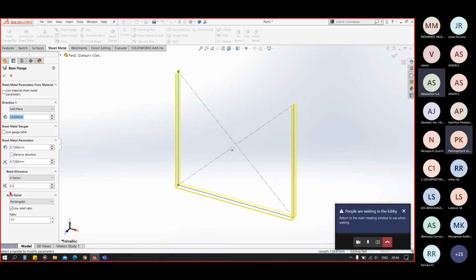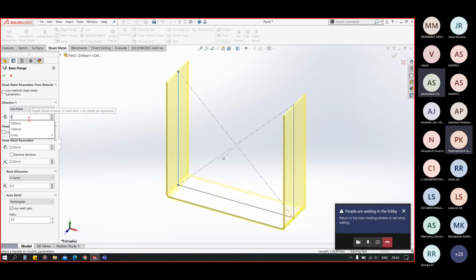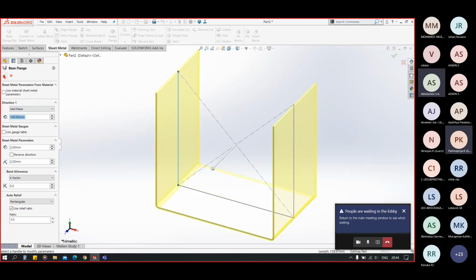We can have our direction to also. We can define the sheet metal thickness here, also the bend radius here, and K factor and other factors here. Now I'll mention the dimension as 100. Now click on OK.